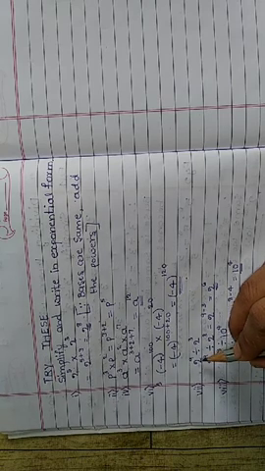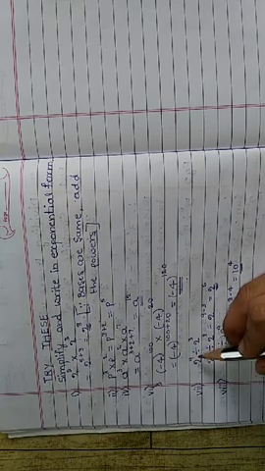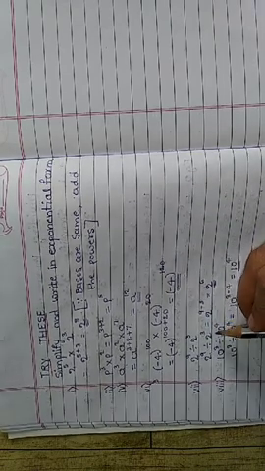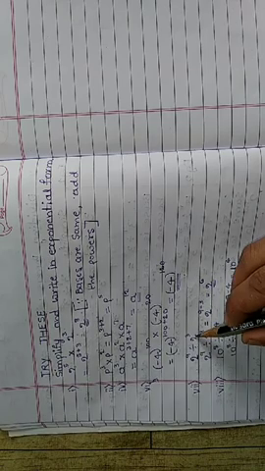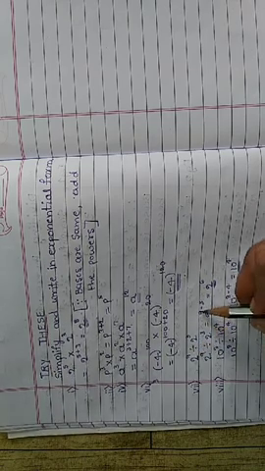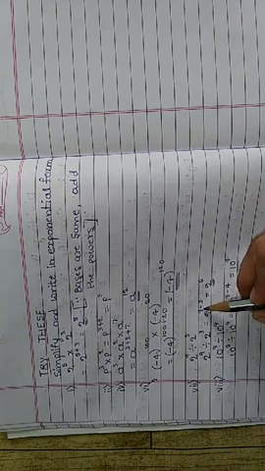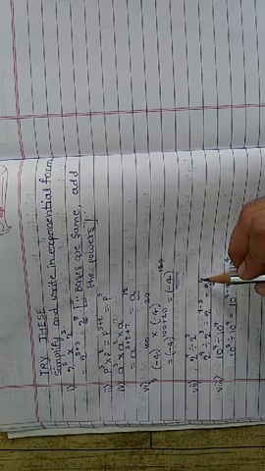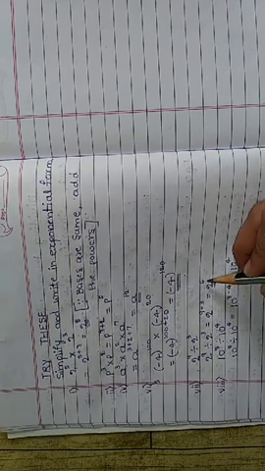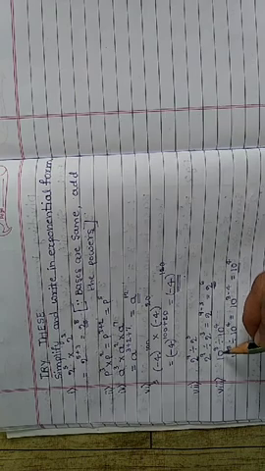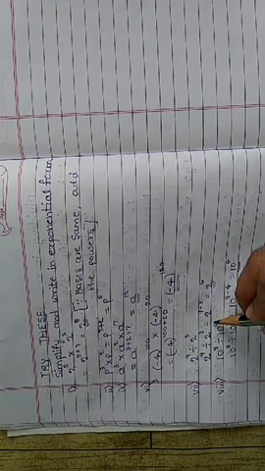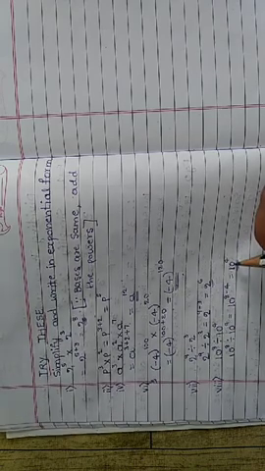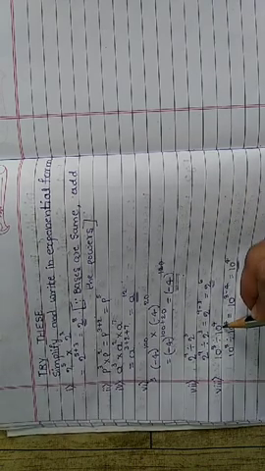Similarly here division. According to the second law, 2 raised to 9 divided by 2 raised to 3. How to solve this quickly? By using the second law, if bases are the same, if it is division, we have to subtract the powers. So we have to subtract the exponents. 2 raised to 9 minus 3 is how much? 6. 2 raised to the power of 6. 10 raised to 8 divided by 10 raised to 4. According to the second law, 10 raised to 8 minus 4. We have to subtract the powers because bases are the same.